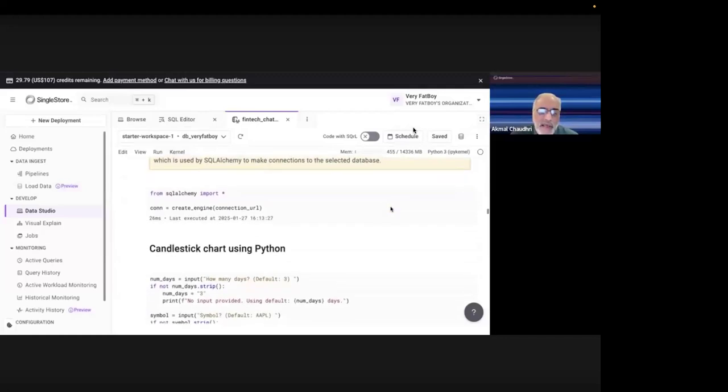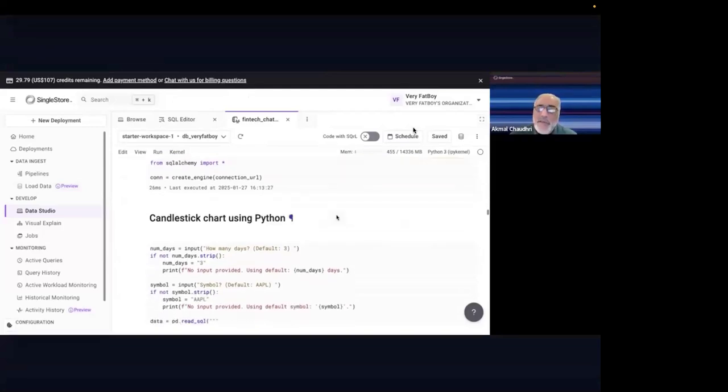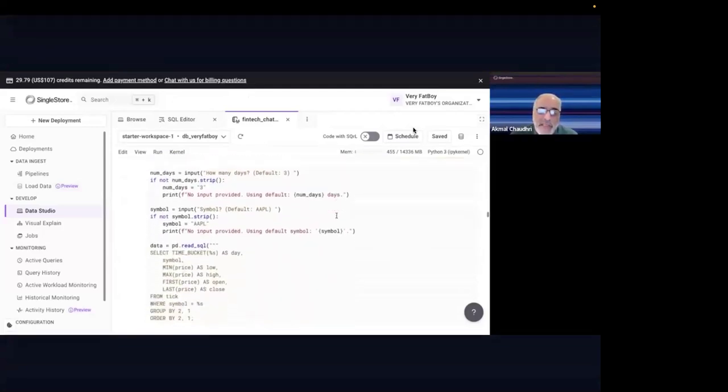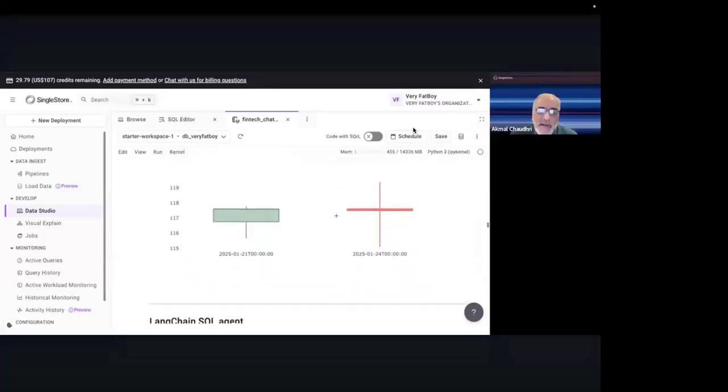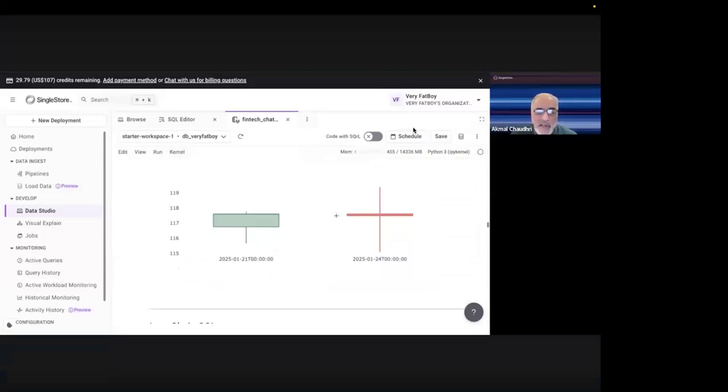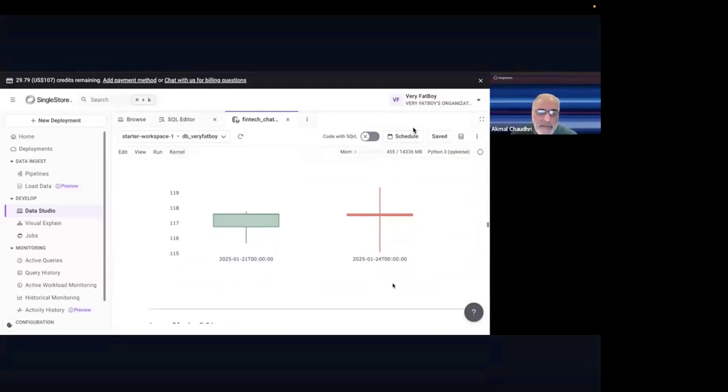And then once we've done that, here we just connect to the database system. You've got this handy connection_url, which relies upon this thing up here. That's why it's always important to check that you are connected to the correct workspace and database, so that this is pointing to the right thing. And once we do that, we can start to do something interesting. For example, we could create some nice visualization using a bit of Python here. You can see here that I've got these candlestick charts. The green is positive, and this one's in the other direction in terms of movement.